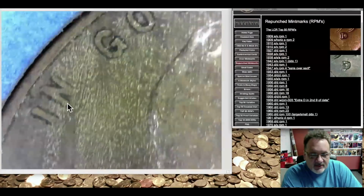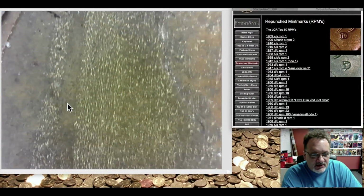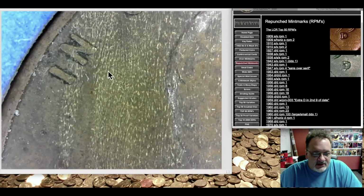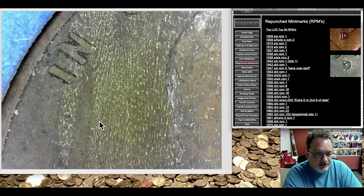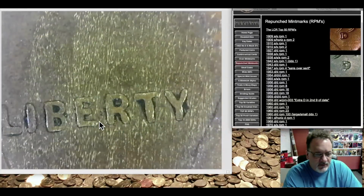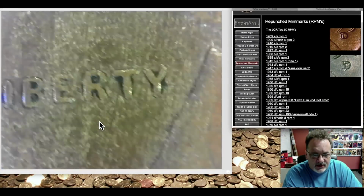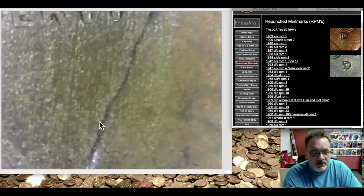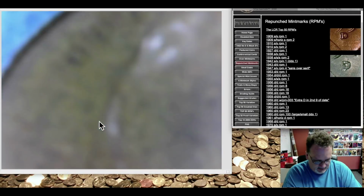Doesn't add a whole lot of value. Some collectors go for the woody scents. There we go. There's a nice zebra stripe mixture there. That's kind of cool. Nothing going on there. Yeah, it goes all through the coin. That's pretty neat. So let's go over to